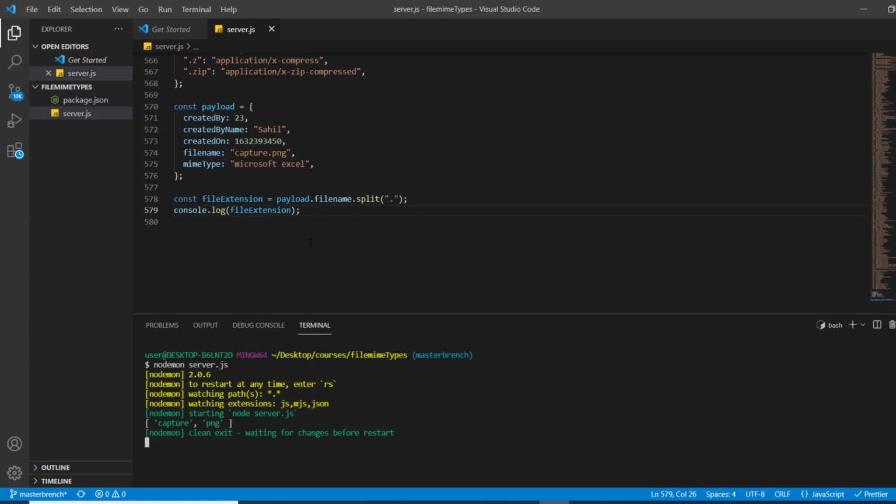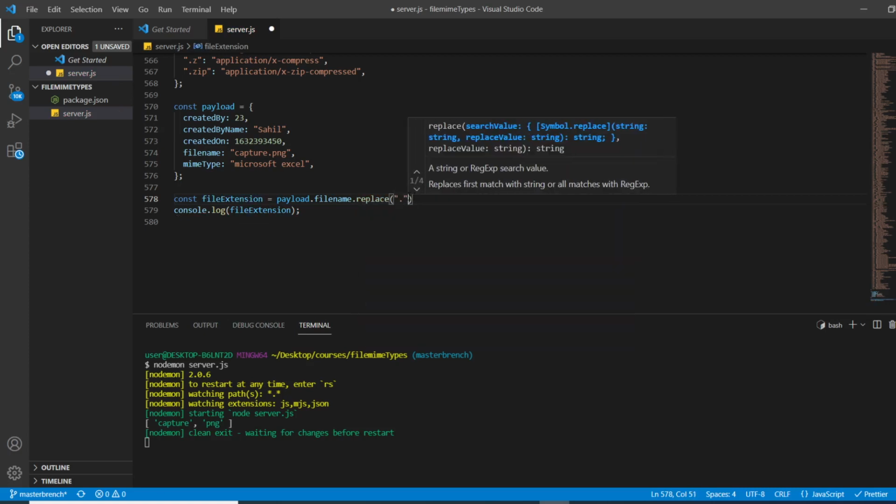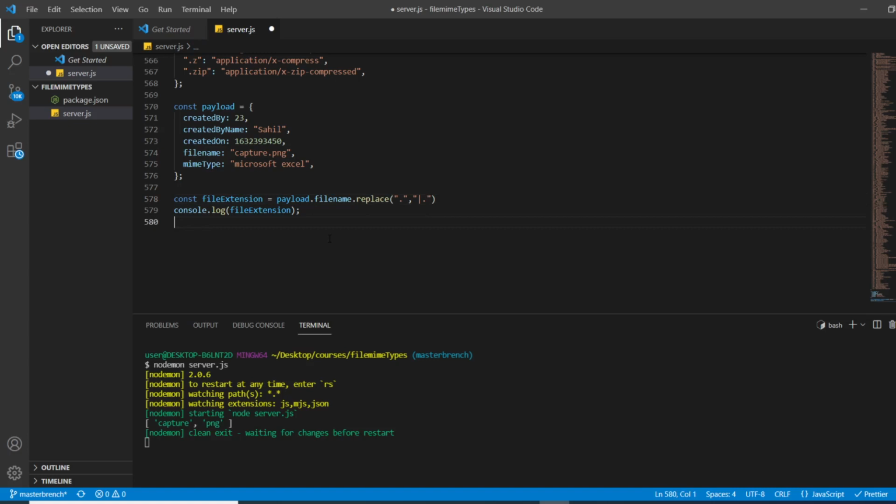We want .png. So what we can do here, instead of splitting, before splitting, we can replace dot with the pipe or operator and dot. Okay, and now if I save it, then what we get is capture.png.